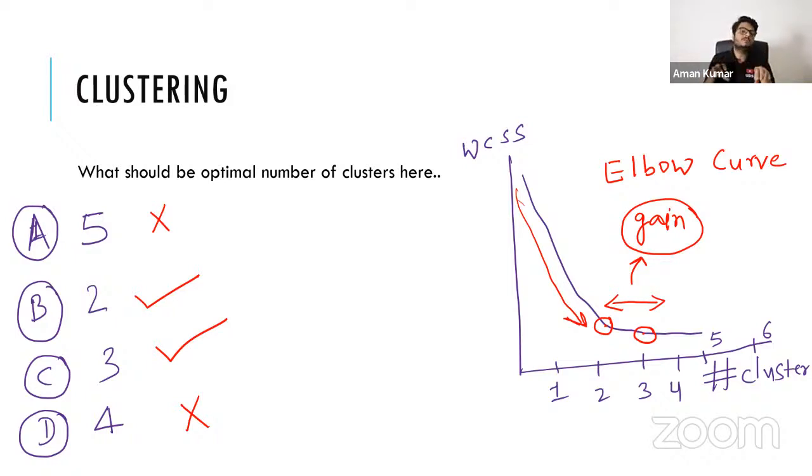people. Now, suppose there are 10 groups of people, okay? Somebody who likes interviews and who is in college, somebody who likes interviews and who is in a job, similarly 10 clusters. So it's difficult for me to manage, right? So in any business, fewer groups are easier to manage. So if you are increasing the number of groups, if you are going from 2 to 3, then you should have a significant amount of shift in your model, which is non-evident here from 2 to 3.